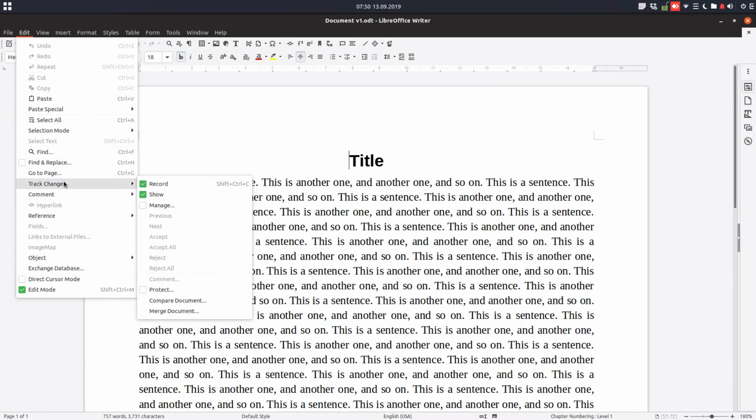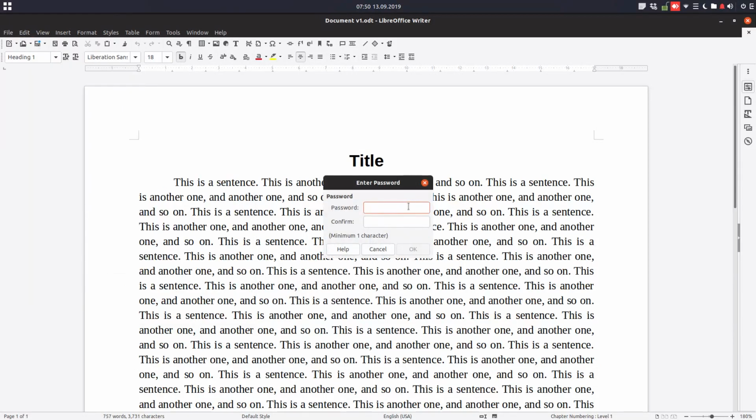But if we send this to someone else, we don't want someone else to remove this option to record everything, so we set a password. It's very important because if we remove this, we will not know who has made changes and what text has been removed or inserted. So let's insert a simple password,